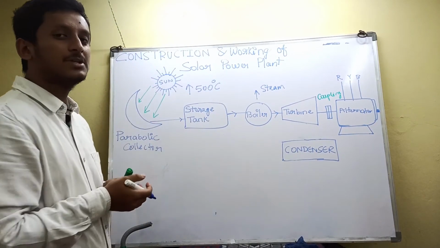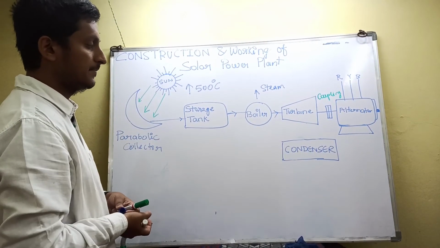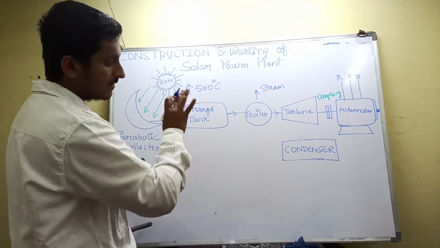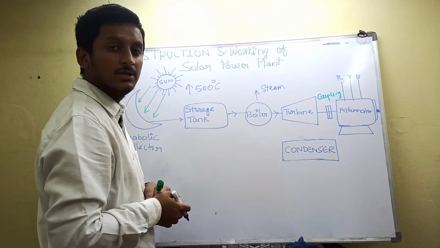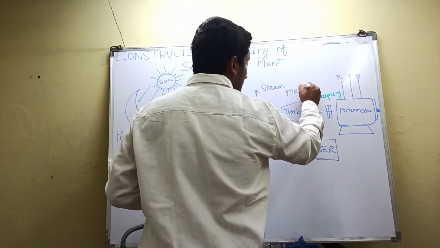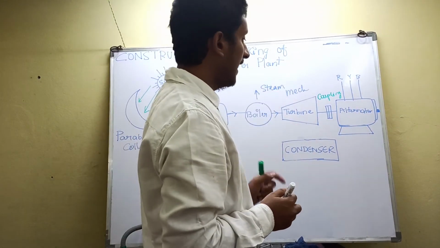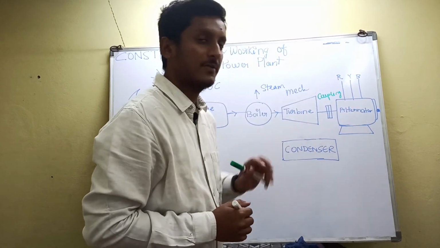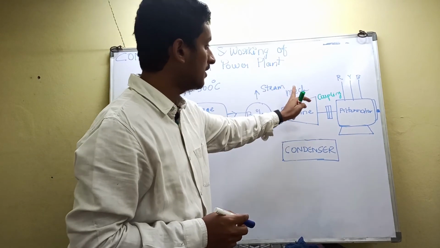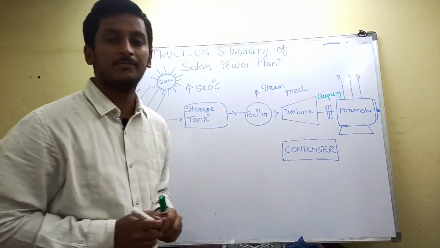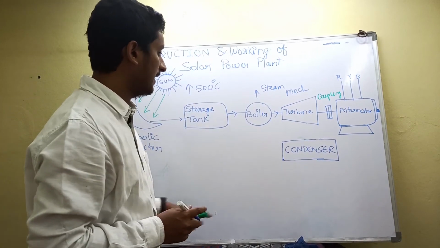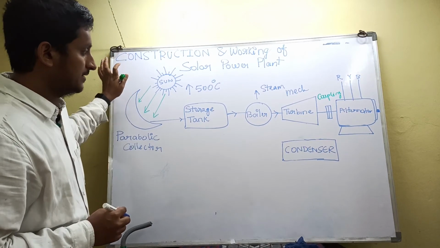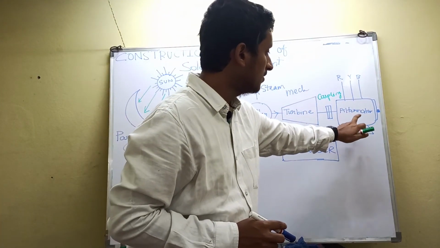When it is converted to steam, it has to go and hit onto the turbine blades. Whenever it hits the turbine blades, mechanical energy is developed. As the mechanical energy is developed, it is coupled to an alternator shaft. That is how mechanical to electrical energy is converted. When you see the entire setup, solar energy is completely getting converted into electrical